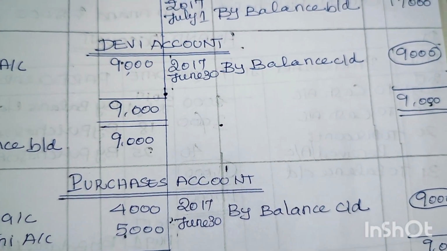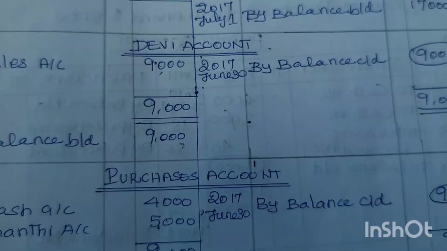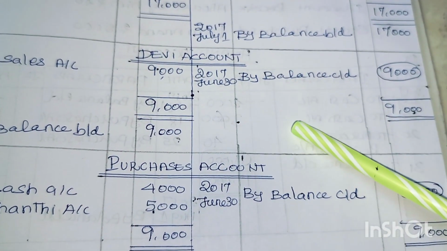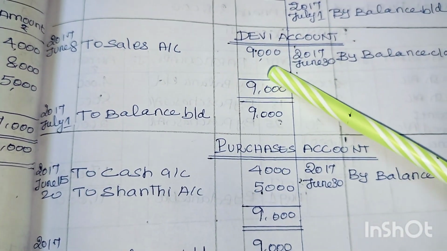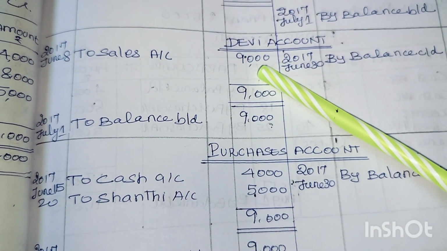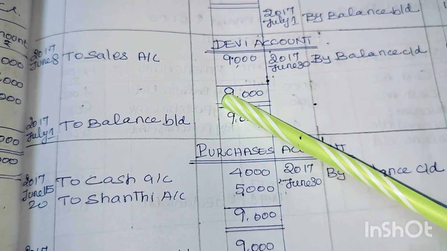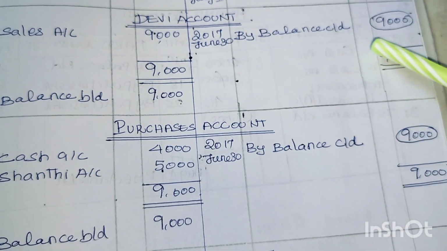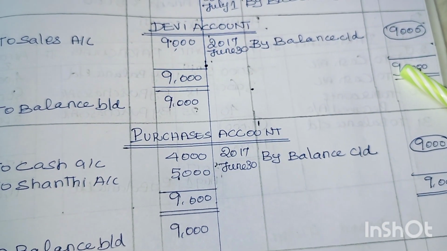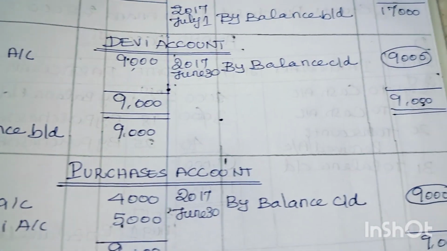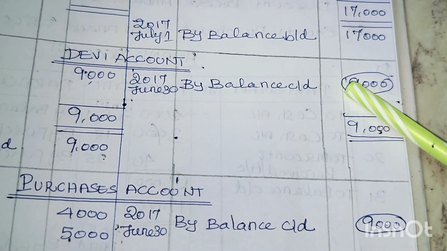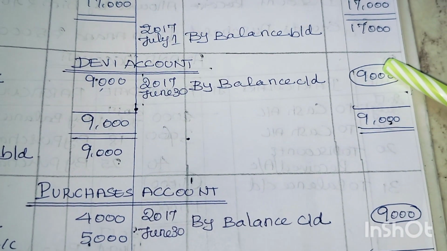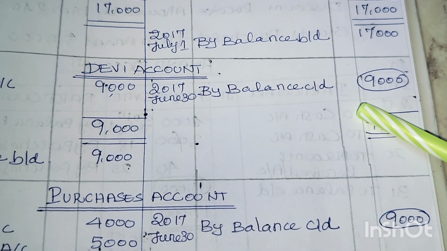How do we close? First we find which side has the bigger value. Debit side has the bigger value, right? So we enter that bigger value as the total on both sides. So we enter 9,000 on both sides as the total. Now we find which side has the lesser value. Of course the credit side has the lesser value. How much is the difference? 9,000 rupees difference. So we enter 9,000 rupees as the difference on